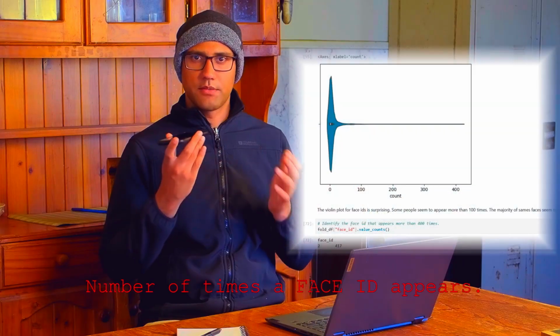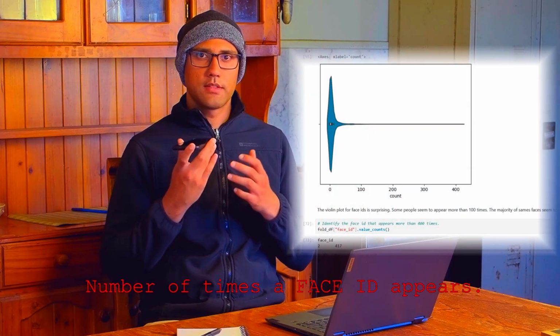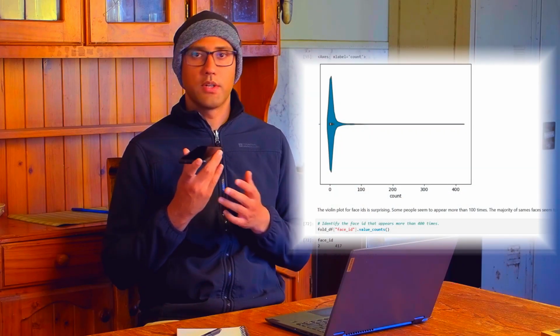You don't have to worry about actually splitting this by album in terms of a K4 cross-validation training strategy. You can split it by the actual face IDs instead. And with the face IDs, most faces appear less than 50 times. The most that a single face appears is around 400 times, and that's restricted to a single album. So in terms of that sort of split, it's fine.